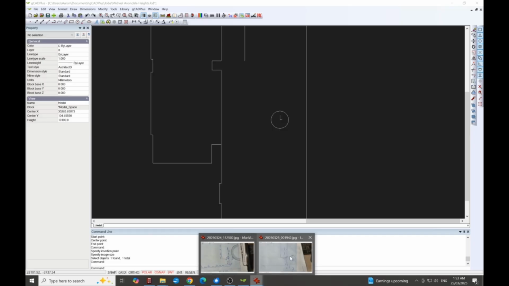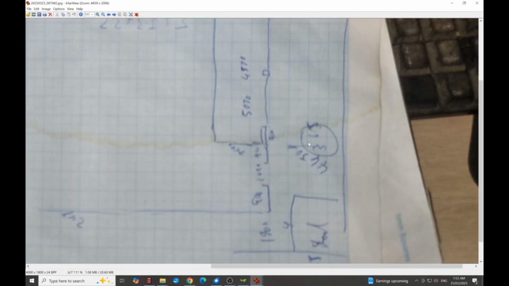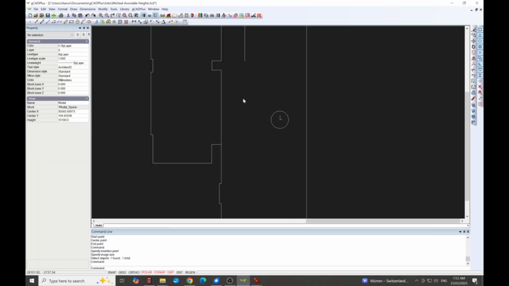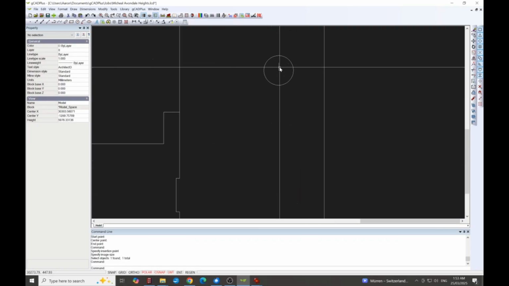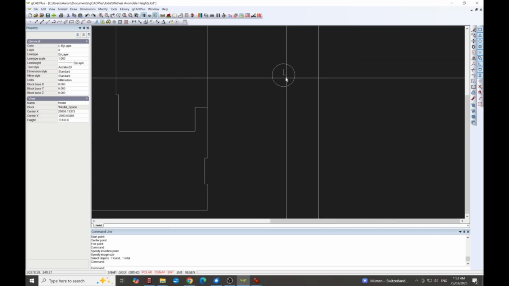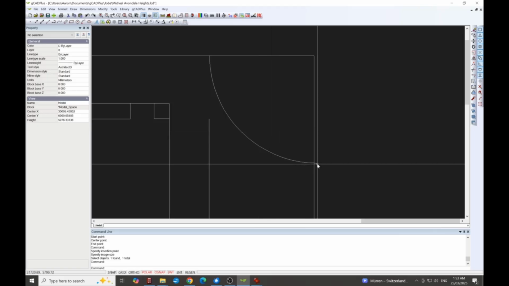I'd previously gone to that site and taken some other measurements, and I put the drain there. Again, I've done really bad writing, so I've got a couple of measurements here. I don't know what does what. 430, that actually is from the back wall to the fence, and I think it's a 3 and a 6.5 meters. So what I've done is I've gone from the edge of the house 3 meters out, and from the edge of this wall 6.5, and where they dissect, which is those two there, I've put a circle and a radius. In this corner here we're going to put a raised garden bed,